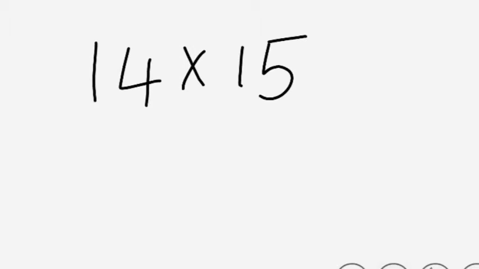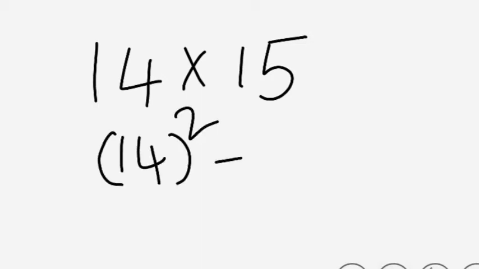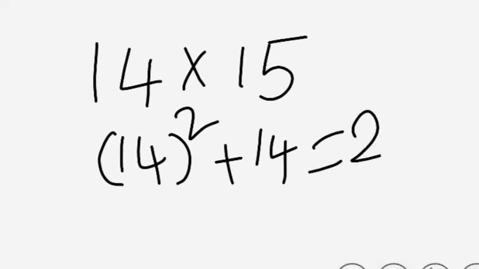So avoid the traditional method, friends. Just concentrate on this method. These two numbers, 14 and 15, are consecutive to each other. So we can do this like so. Just take the small number from this, so the small number means 14, and square it and add the small number. So 14 square plus 14 is equal to 210. So 210 is our answer.